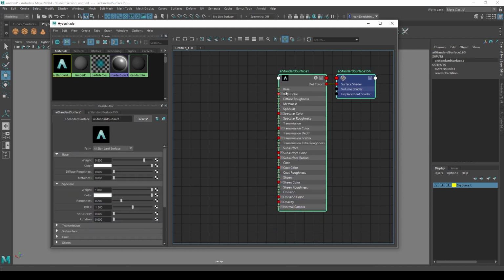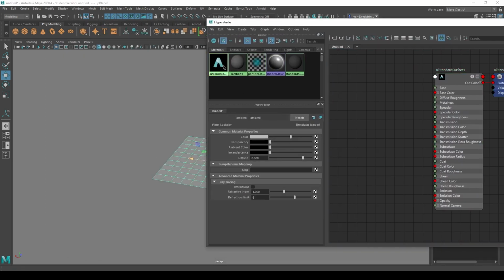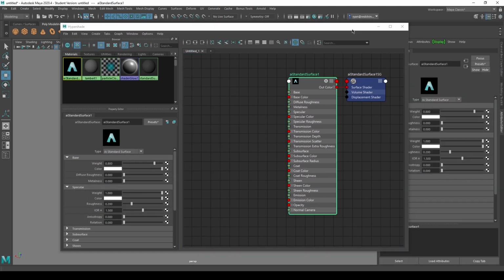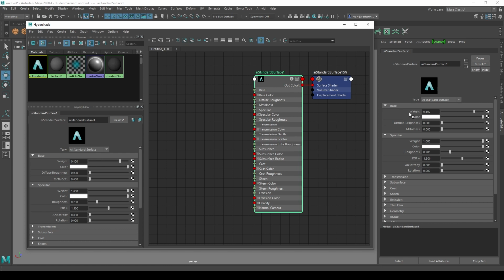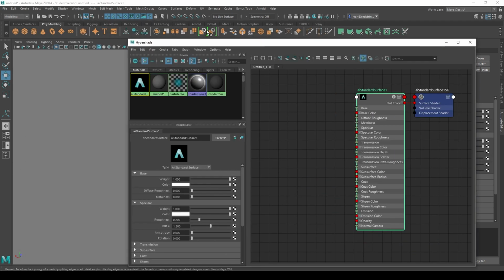Now I want to apply this material to my little plane guy, so I'm just going to select it, right click, assign to selection, and then I also do not need my attribute editor, I guess. Then I just want to change the weight of the color to a full 1, so it's this light gray color, and you'll see it updates in there as well. Now with that done,